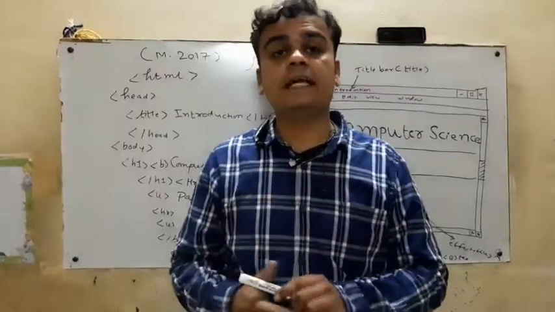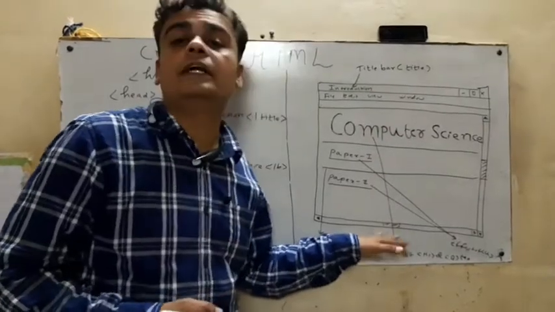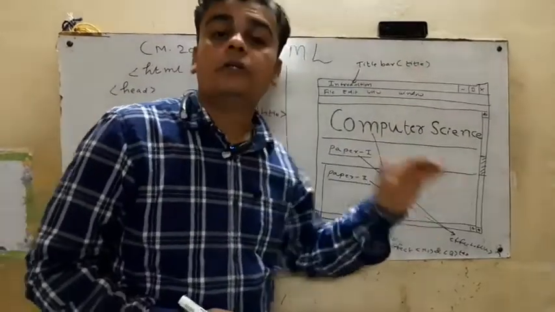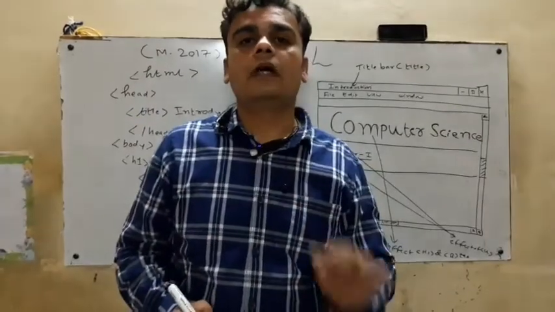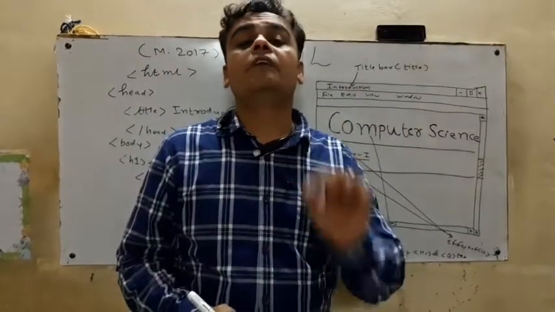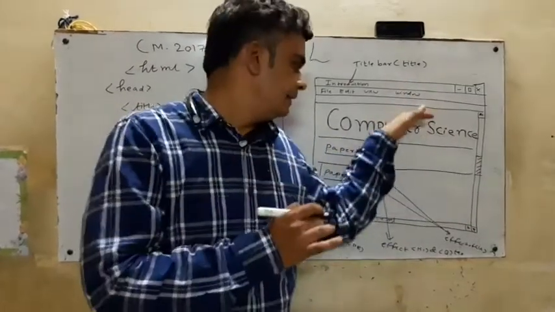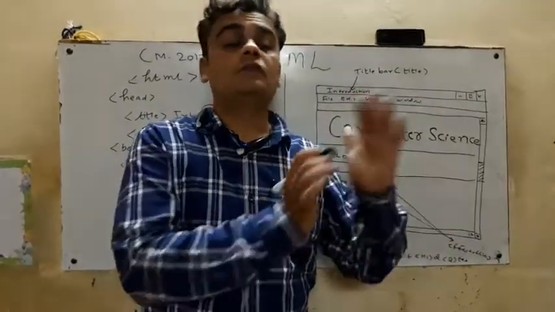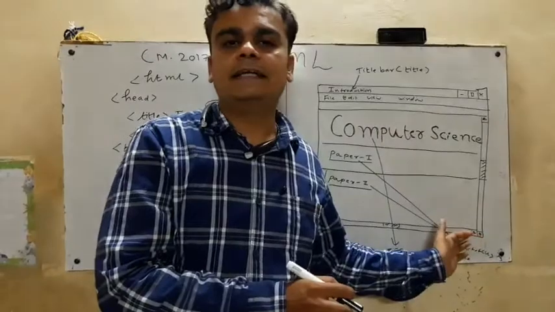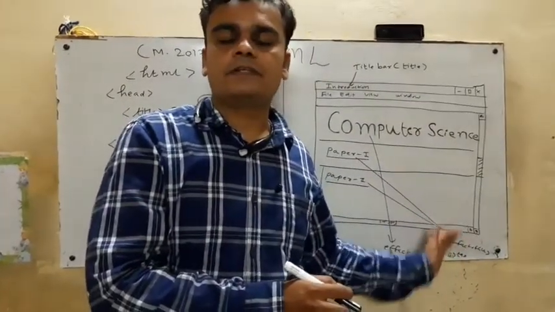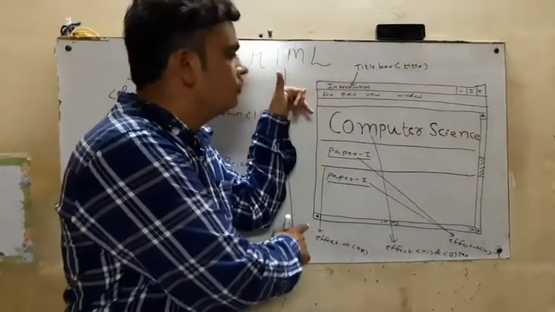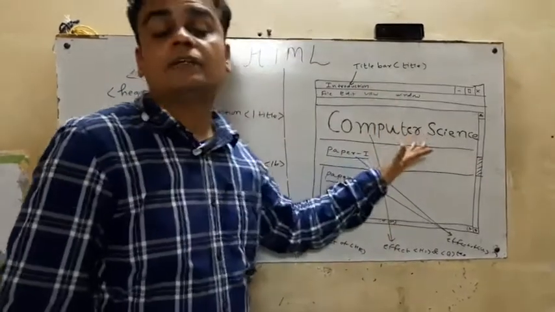If you do not mention that comment and draw only this much output, you will get only 4 marks out of 5. So keep one thing in mind: after drawing this output, you should always mention the note. In that note you mention: above information displayed with default font size, meaning the actual information is displayed using the Windows font, whichever Windows font is used by default. It will take that font size and that font specification, and display the information as it is in your web page. In this way you draw this output and you will get 5 marks.